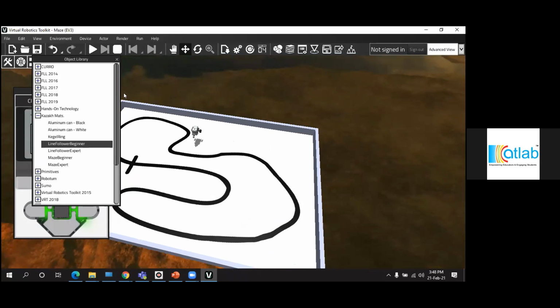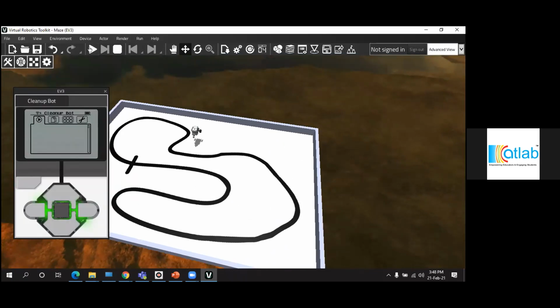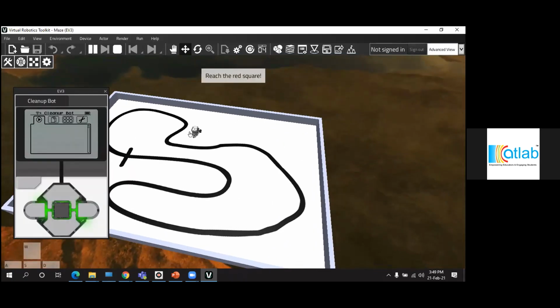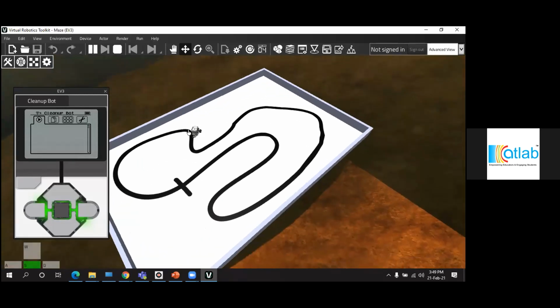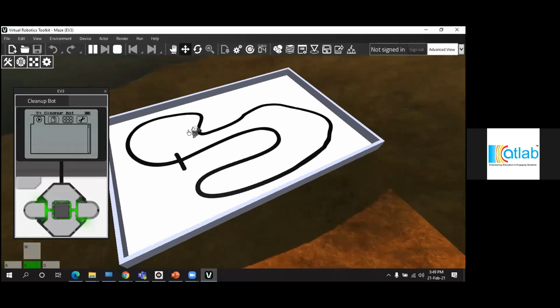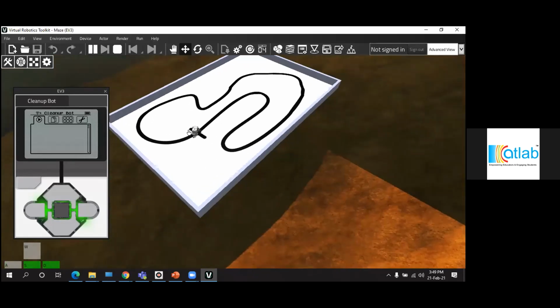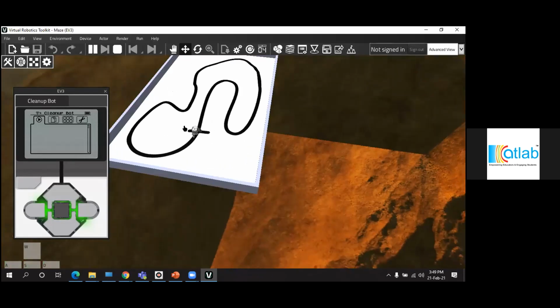Now if you click start simulation, the robot will land on the mat, and then you can move your robot to the starting position. There you go. From here, you can do your program and then run the program.